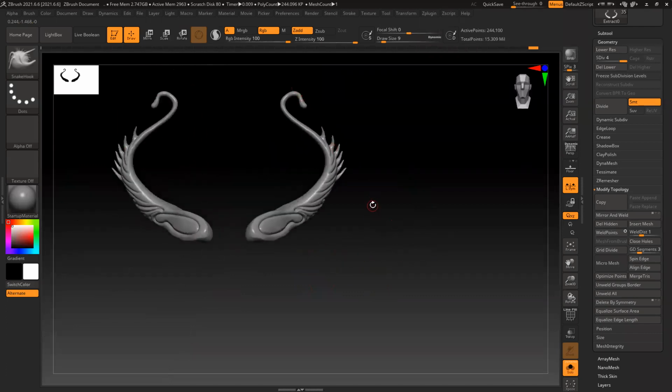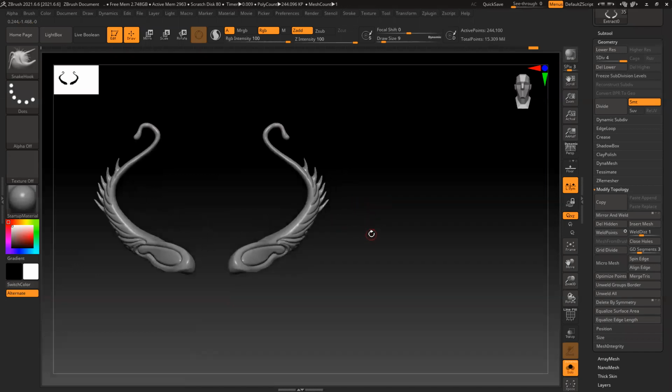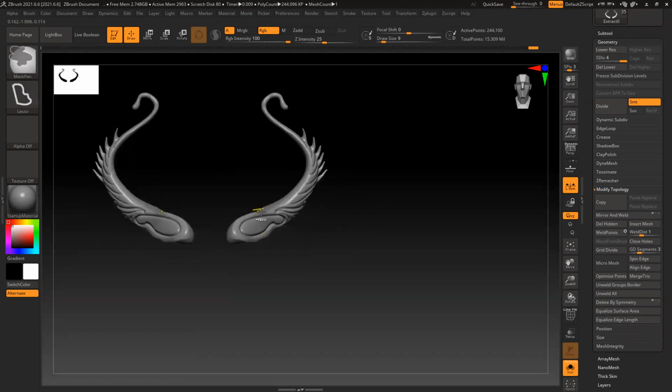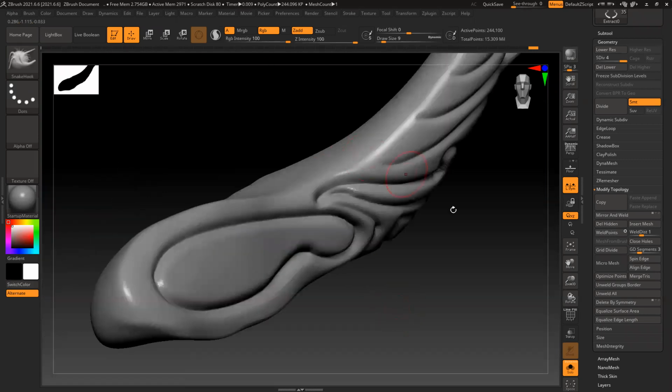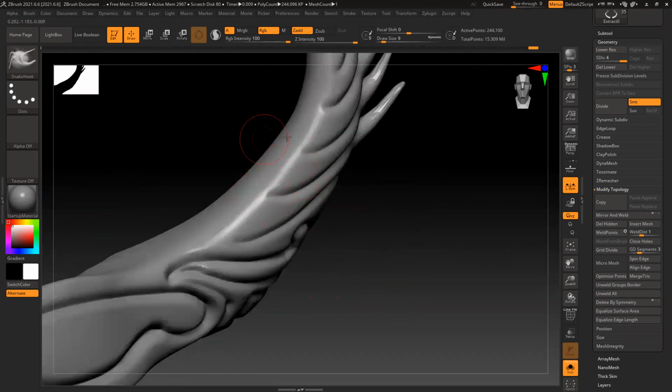It's much easier, like mask it and extrude it. PNG, move first.